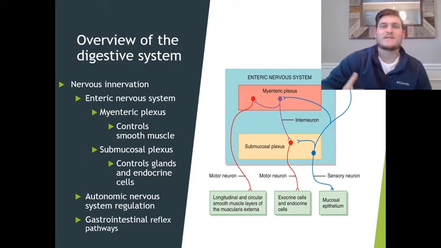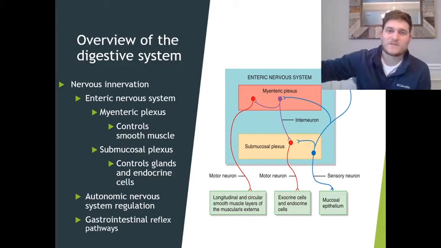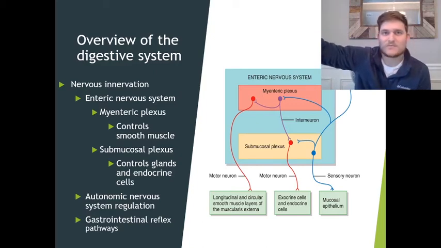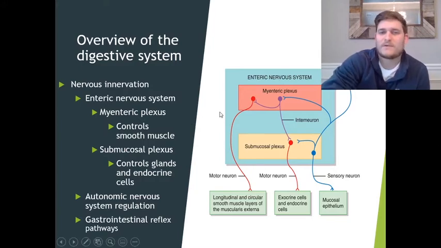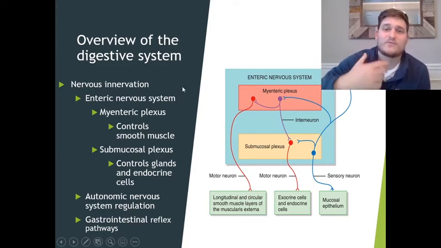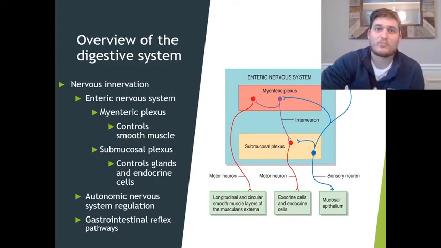And these digestive processes are going to be more active during rest periods, that parasympathetic dominance, while during fight or flight response, things like exercise, we're going to have less activity in the digestive system. And then the enteric nervous system is going to have connections through certain receptors, mechanoreceptors, chemoreceptors, to carry out certain reflexes. So maybe when there's stretching throughout the GI tract, this will cause the contraction of smooth muscle or the release of certain enzymes to help break down food. But the enteric nervous system is going to play a huge role